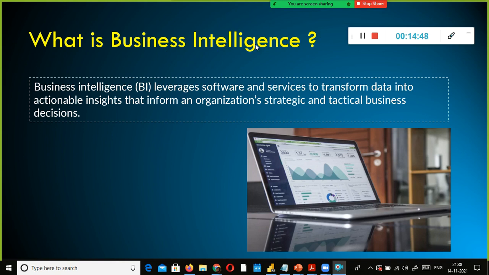Business intelligence is nothing but a set of processes, software, technologies, and services to transform the raw data into actionable insights using dashboards, reports and scorecards.